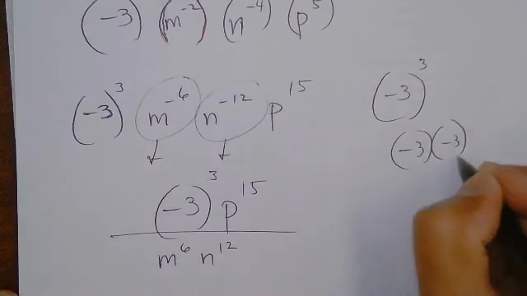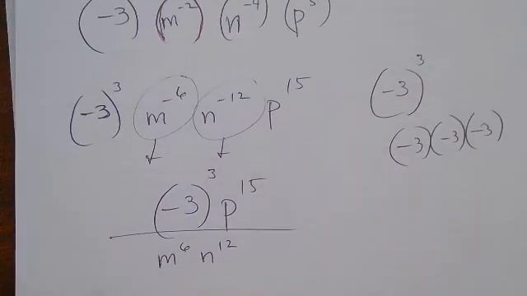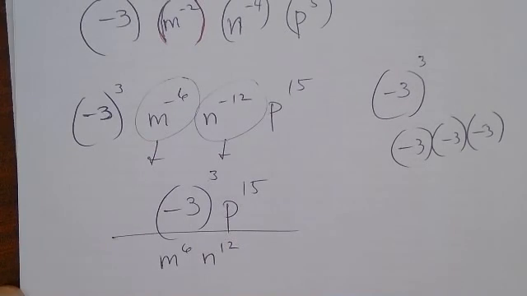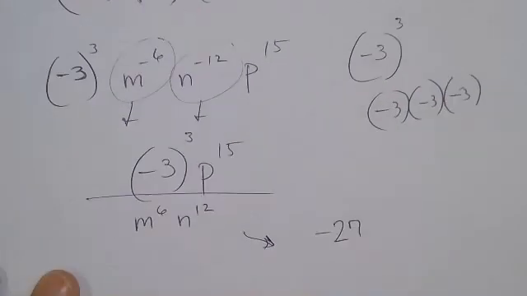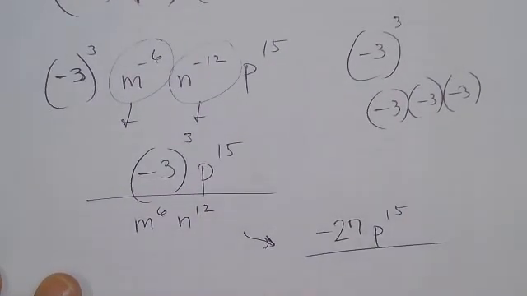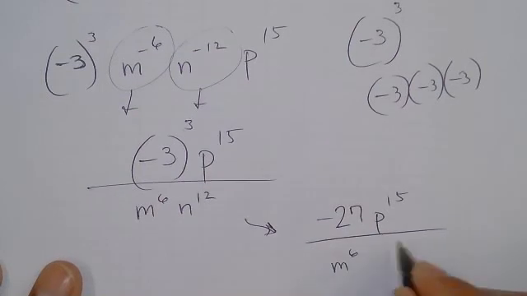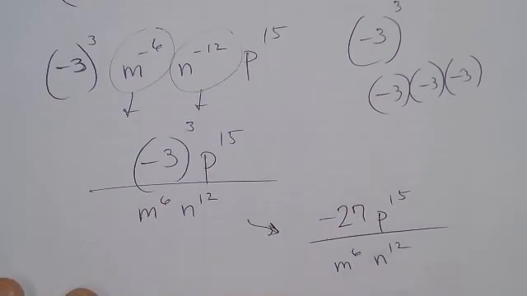What does negative 3 to the power of 3 mean? That means this number how many times? 3 times. Remember what an exponent means? Negative 3 times negative 3 is positive 9 times another negative 3 is negative 27. So the answer is negative 27 p15 over